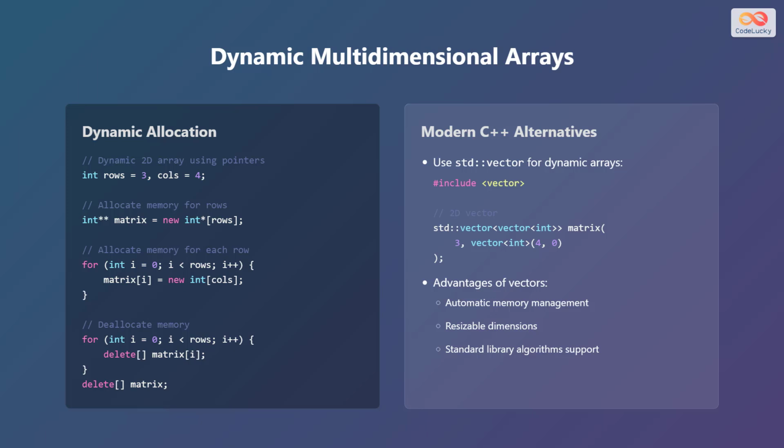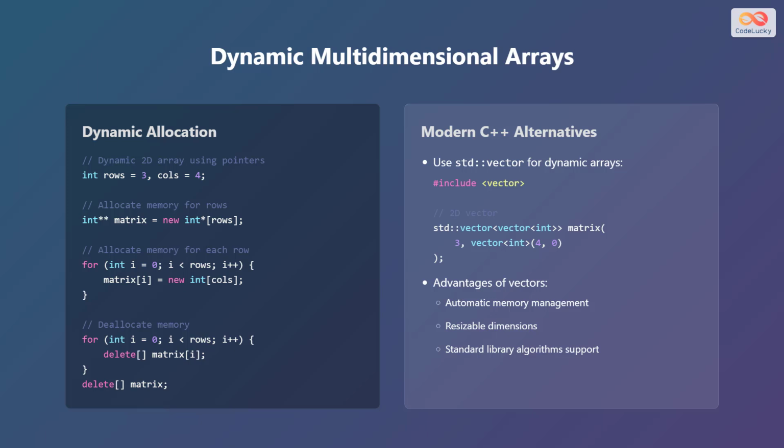Let's explore how to create dynamic multidimensional arrays in C++. Dynamic allocation allows you to allocate memory for arrays at runtime, which is useful when the size of the array is not known at compile time. Here's how you can create a dynamic 2D array using pointers. int rows = 3, cols = 4; int** matrix = new int*[rows];